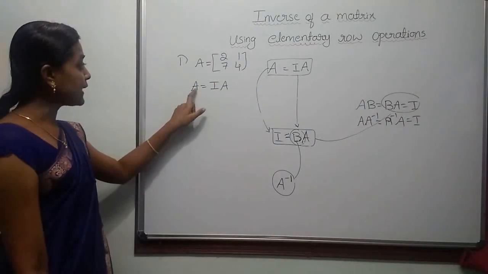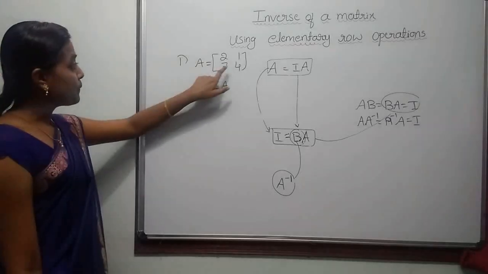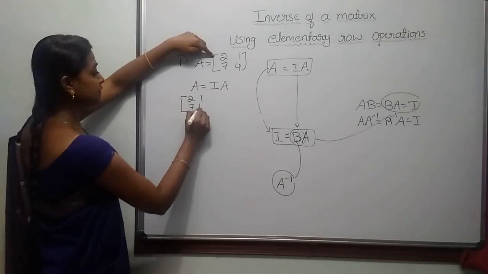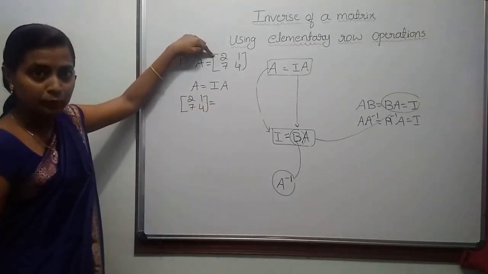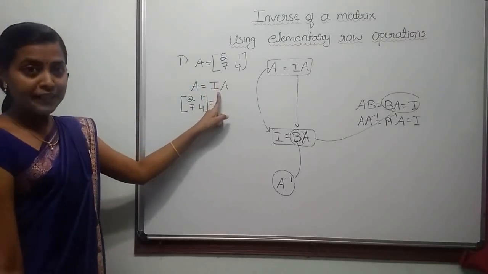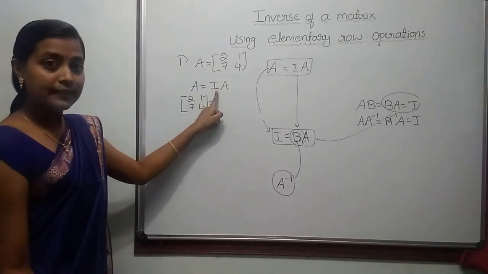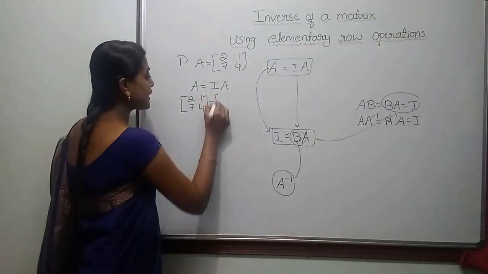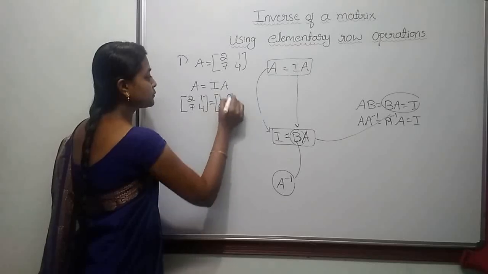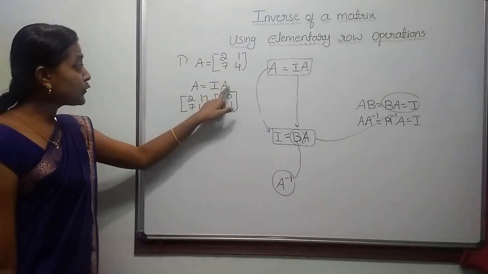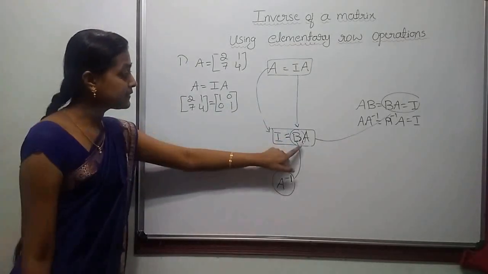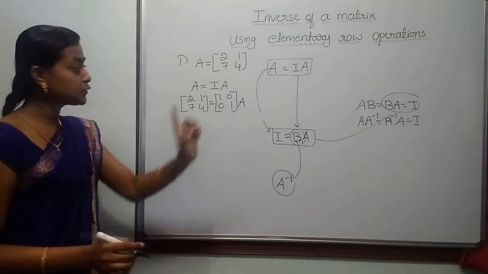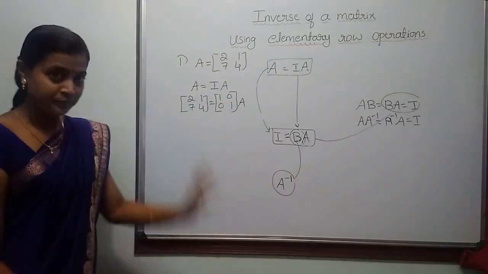Now, substitute the matrix A in the LHS. Matrix A is here. I will substitute in the LHS of the equation. This is 2, 1, 7, 4. In the RHS, we have identity matrix. Identity matrix should be of same order as the given matrix A. So, matrix I will have the order 2. As we have to keep this A as it is, we write the matrix A as it is. We do not substitute the matrix A in the equation.